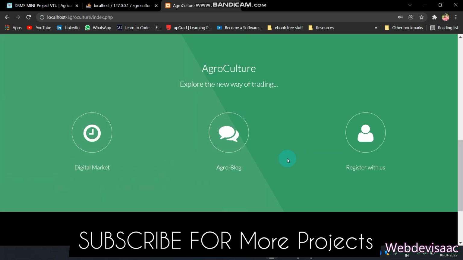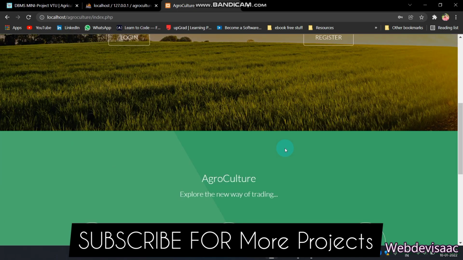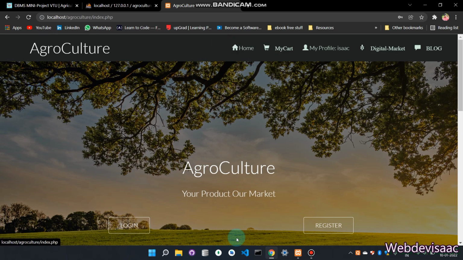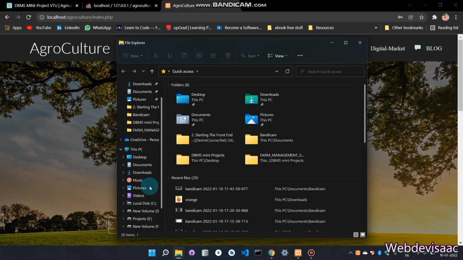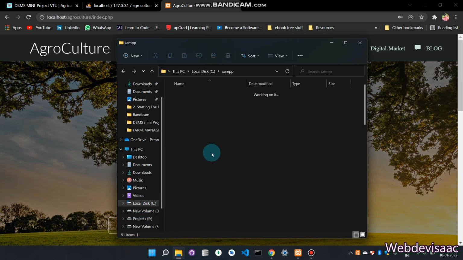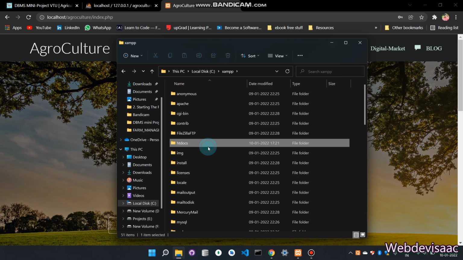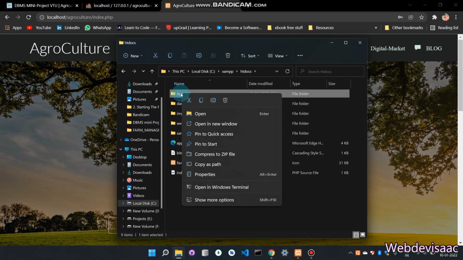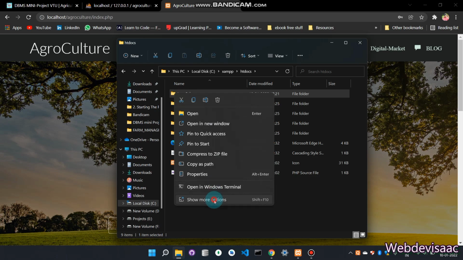In many ways you can even modify these files, like change the text, the color or the styles. What you need to do is open your file in the XAMPP folder which you have stored in the htdocs. I'll show it here in the htdocs. You just have to click the agriculture folder, right click on that, and show more options.